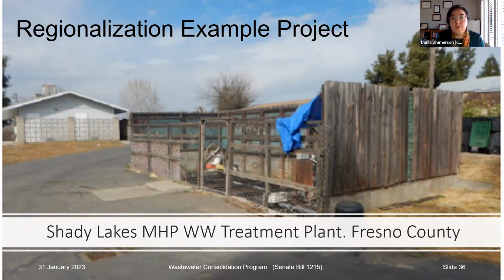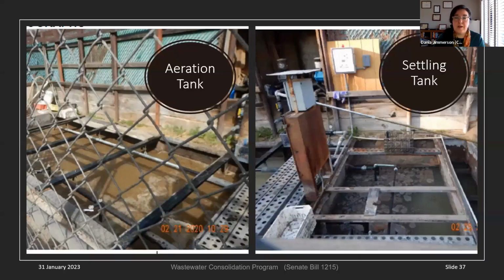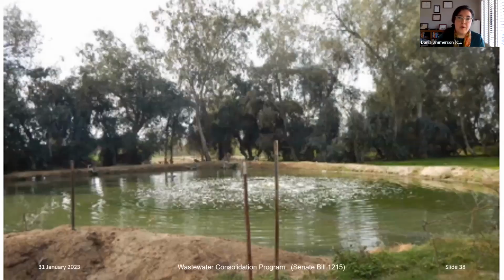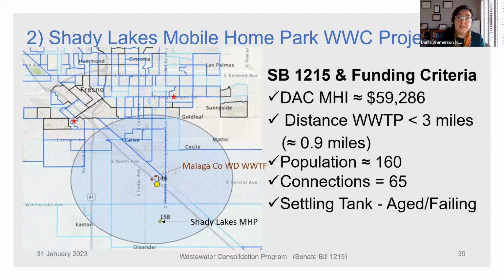They are located in Fresno County, and this project was referred to me by the permitting office because Shady Lakes was having a difficult time complying with the current permit, and also was not going to be able to meet the nitrate control program requirements. So this is their aeration tank, settling tank, secondary ponds, evapotranspiration ponds. And so Shady Lakes is connecting to Malaga County Water